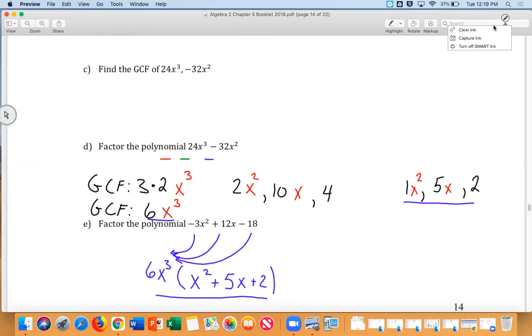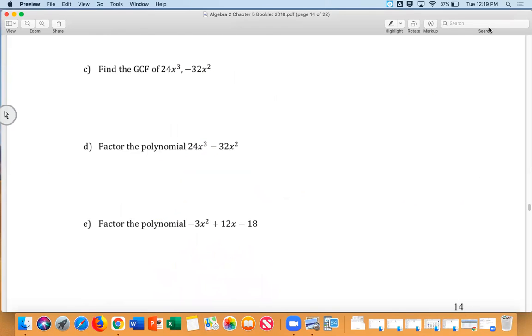Now, with GCFs, we often just talk about positive. We don't talk about the negative aspect of it, because remember, it's the greatest. So I wouldn't say I can factor out a negative number from this. It really wouldn't be beneficial, especially in this format. So up here,